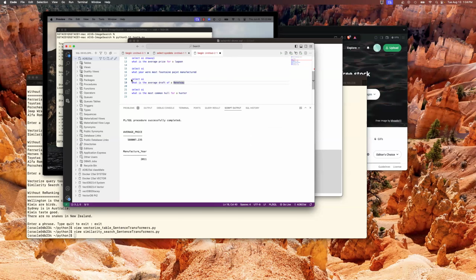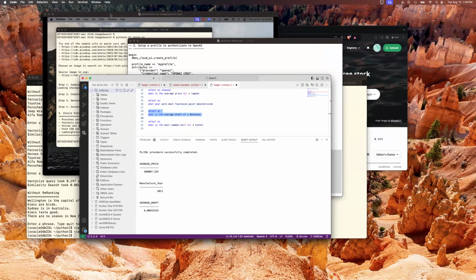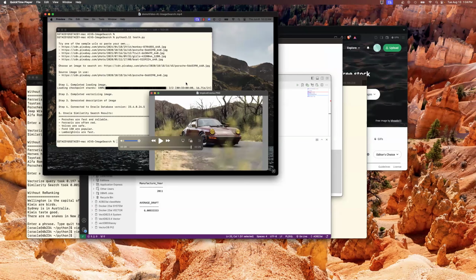I'm using the large language model here to be able to interpret my statement and pass the result back. So it's a very powerful way of solving that problem. I don't have an example of RAG that I could show you, but if that's something you're